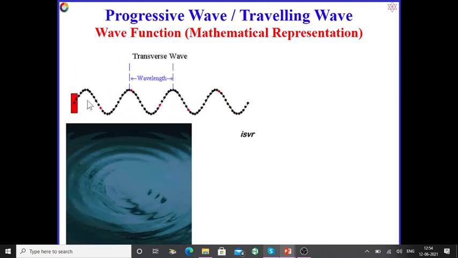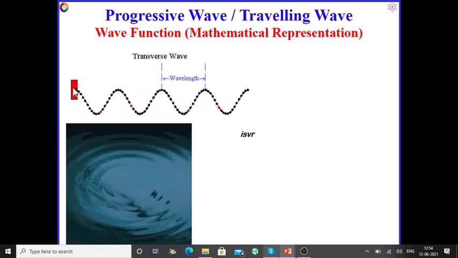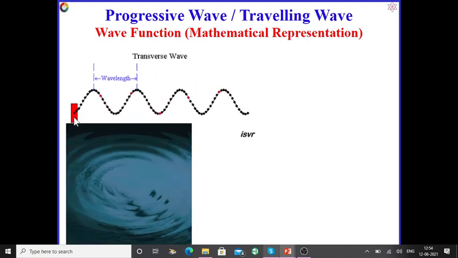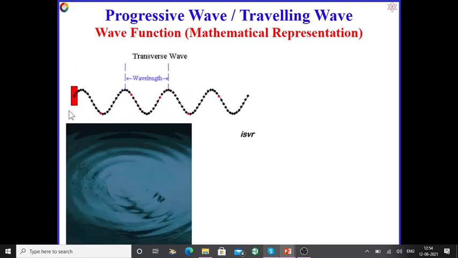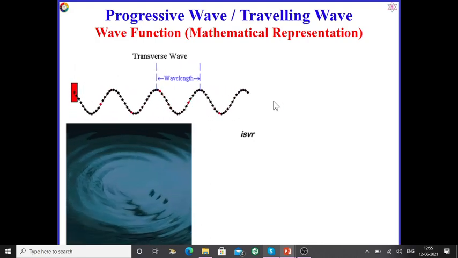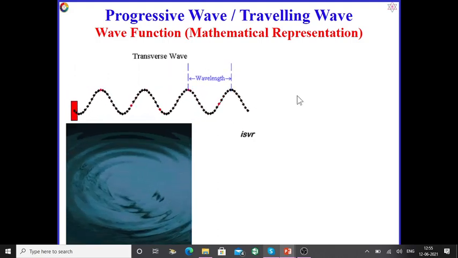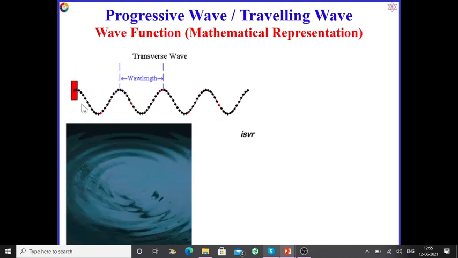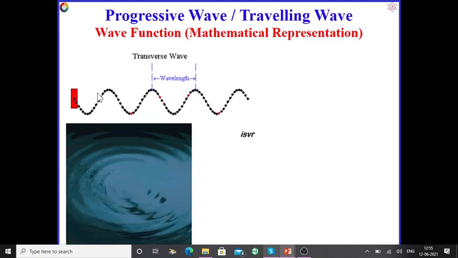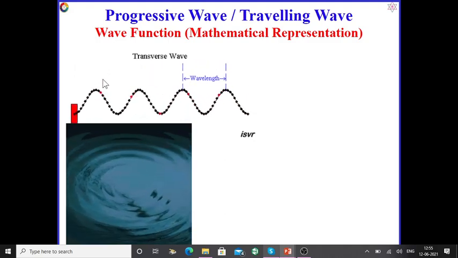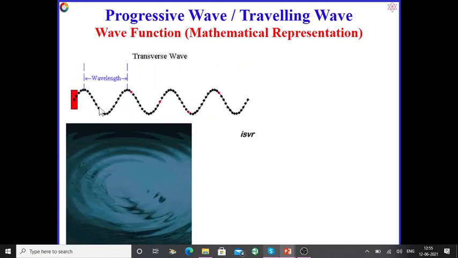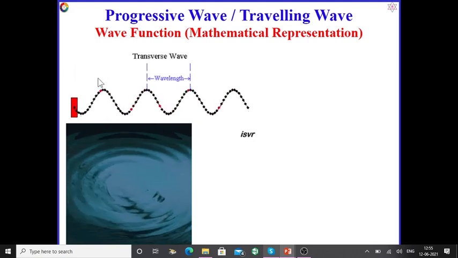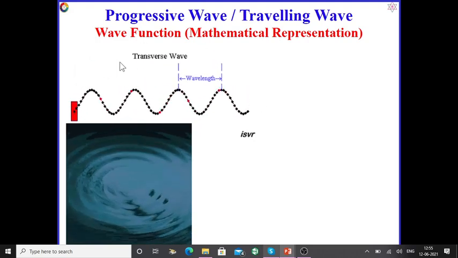But in this case, just consider this is a string. You vibrate the string at one end, you are oscillating at one end, and energy is propagating towards the right, or towards the positive x-axis direction. This is an example of a wave. As the disturbance, marked at this red point, or particle disturbance, is fully perpendicular to the propagation direction along the x-axis, with oscillation direction along the y-axis, both are perpendicular, so obviously it is called a transverse wave.